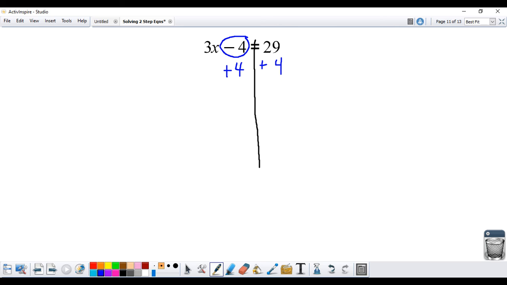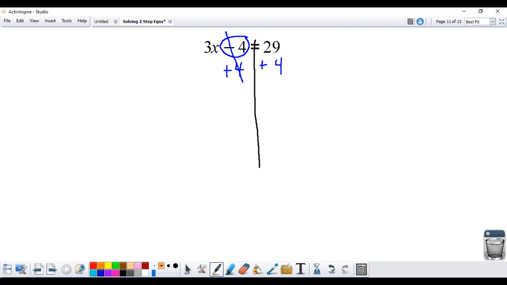Now, remember from a couple weeks ago, we talked about positives and negatives and how they're opposite. So if I have a negative 4 and then I have a positive 4, they make 0. Or it's like if I lost $4, but then I found $4,